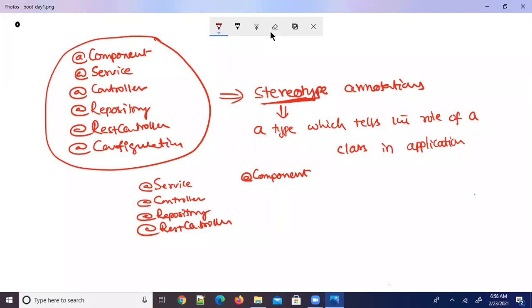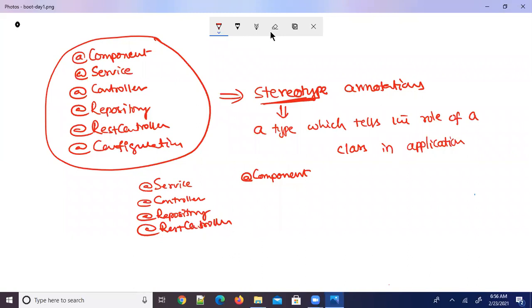The component auto scan feature is there in Spring. Of course, I'll explain all such annotations. That is what I started with, because first of all I would like to remind you of all the basics, and then we'll enter into the topic of Spring Boot and microservices.